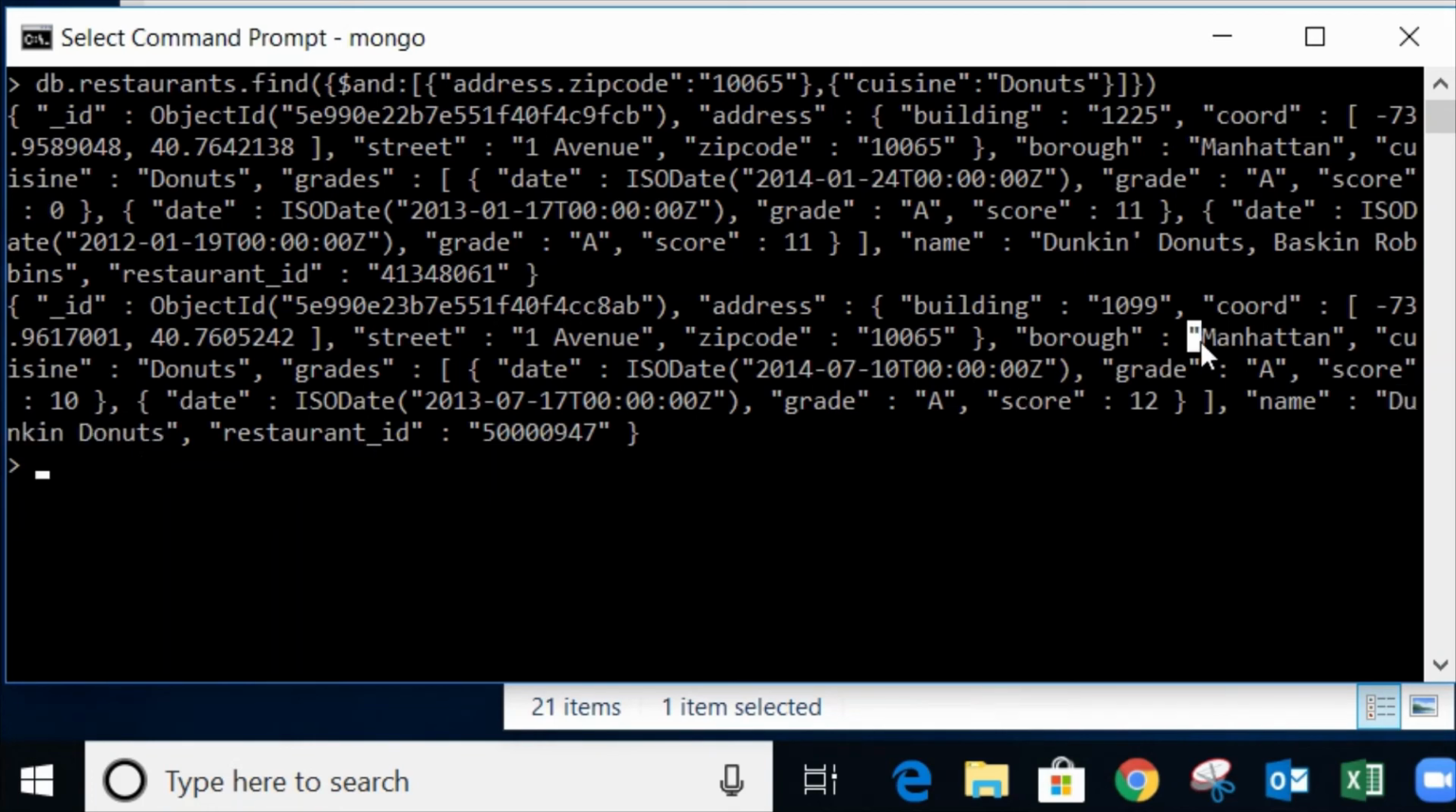And this one's in Manhattan, right? 1099 1 Avenue. Oh, it's the same one, it looks like. 10065. Is it the same one? Oh, this one's 1225. This is 100. So these are really close to each other, right? These are really close to each other. Okay. Now the next